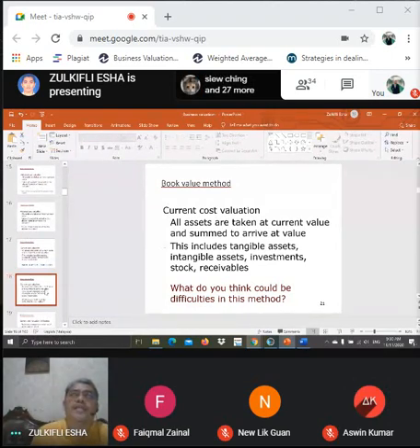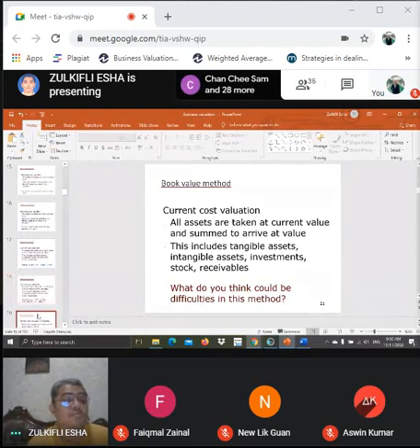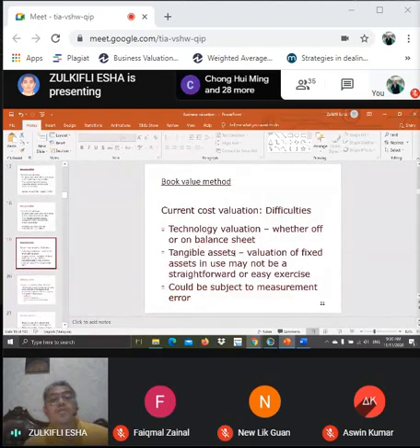In determining the depreciation rate for any of the asset, we have a few approaches that can be used. One of the approach is straight line approach, kaedah garis lurus. So straight line approach is one of the method that can be used in determining the depreciation for any of the company's asset. So that's why again, as I mentioned, you need to recall back your knowledge from your memory on the accounting part. So current cost valuation, this is the potential difficulties